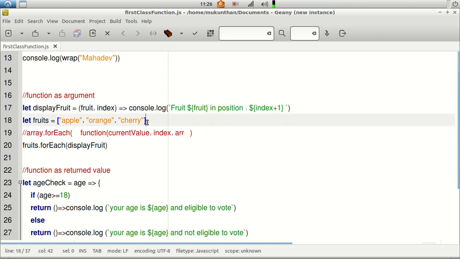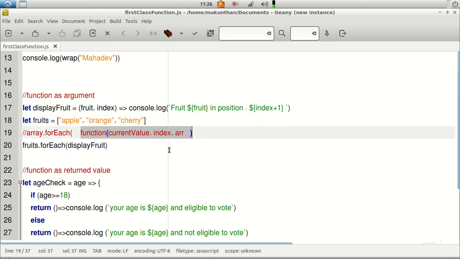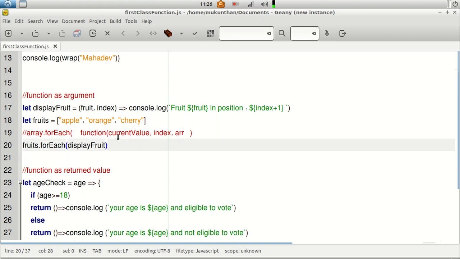Now we can create another array, let fruit: apple, orange, cherry. You know how to create the array and what different functions we can do with it. But we are going to see a new method that comes with the array. Unlike for in and for of, the forEach method is only applicable for arrays. The syntax will be something like you pass one function. Even though you pass only one function, it will automatically take the value from the array for each iteration. That means for each iteration it will take the current value, the index of that value, and the total array.